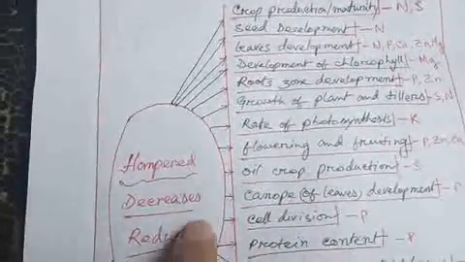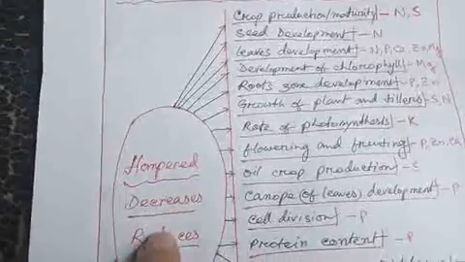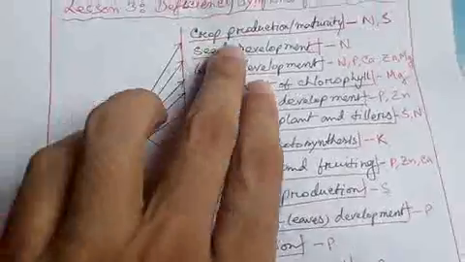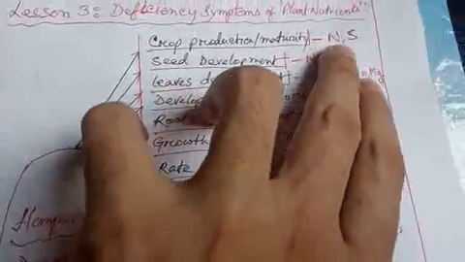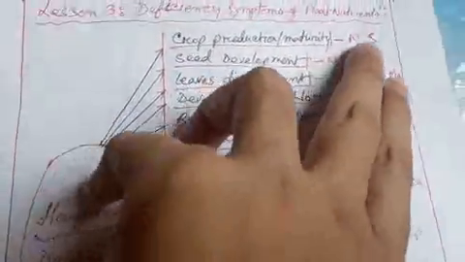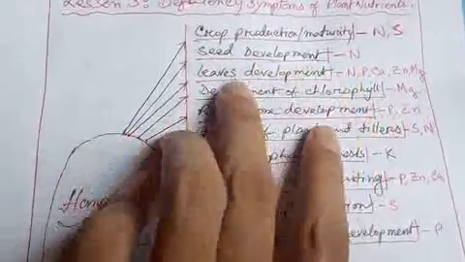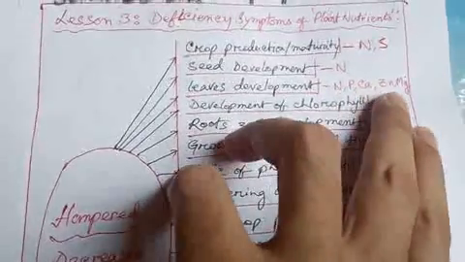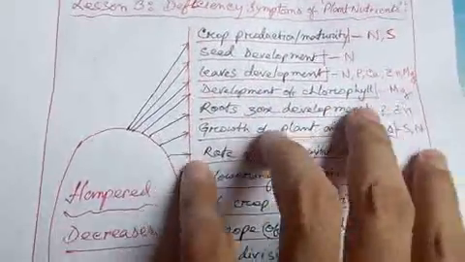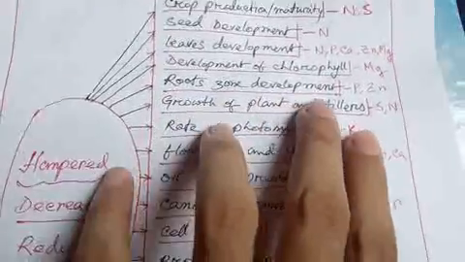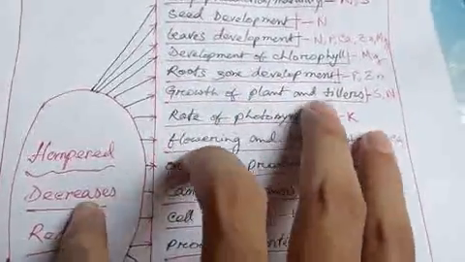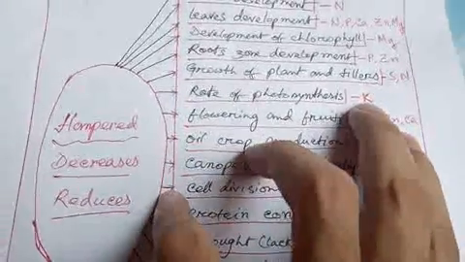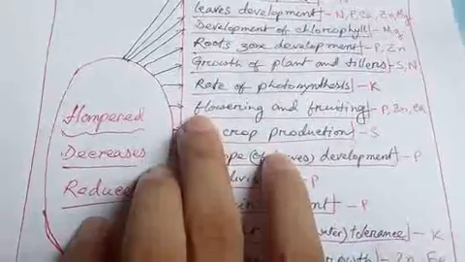I just make it as a group, that is hampered, decreases or reduces. What are they? Hampered crop production or maturity, that is nitrogen and sulfur, and these are the nutrients definitely. So seed development, nitrogen; leaves development, nitrogen; phosphorus, calcium, zinc, magnesium; development of chlorophyll, magnesium; root zone development, that is phosphorus and zinc; growth of plant and tillers, sulfur and nutrition; rate of photosynthesis, it is definitely potassium; and